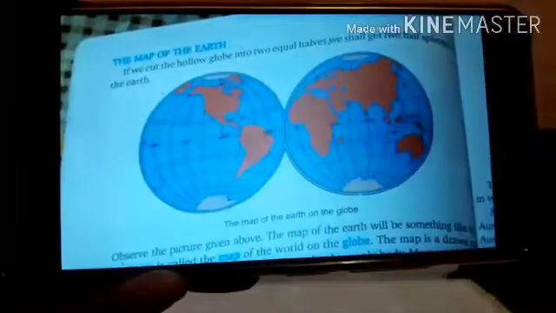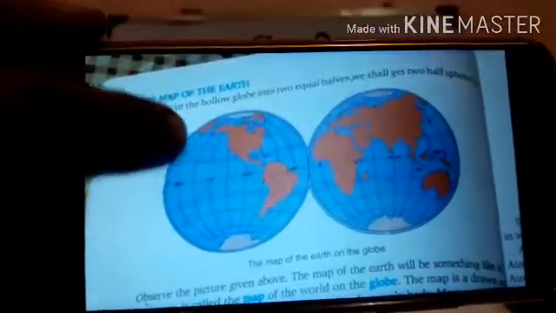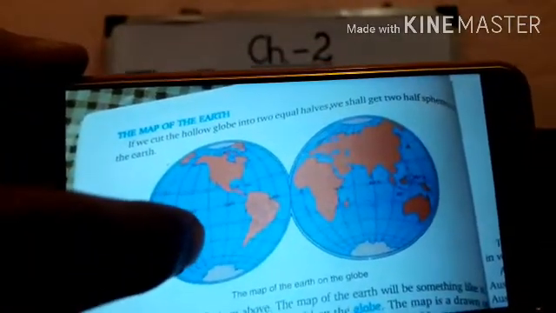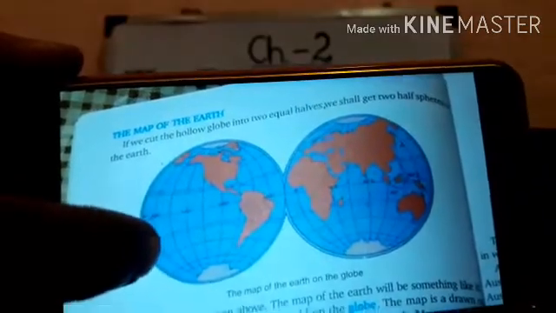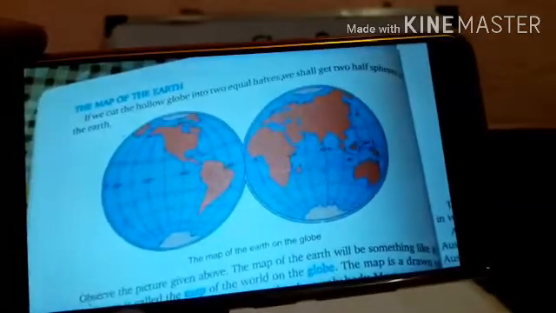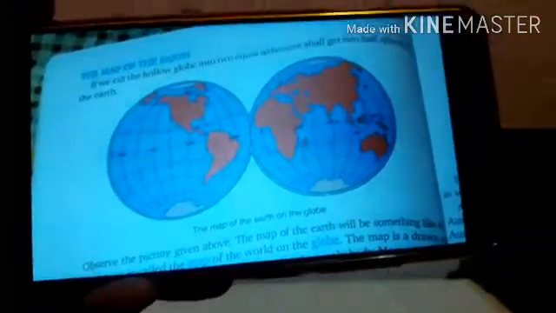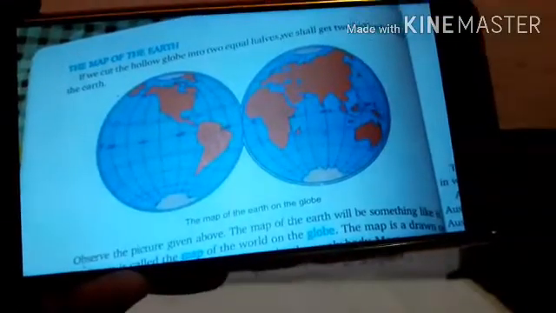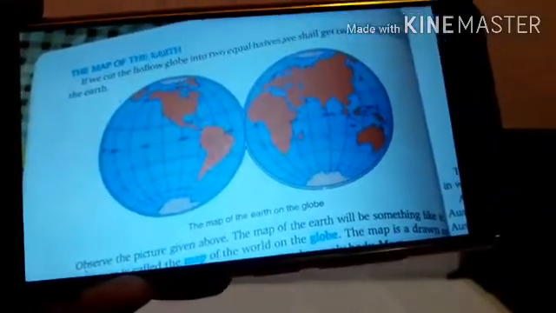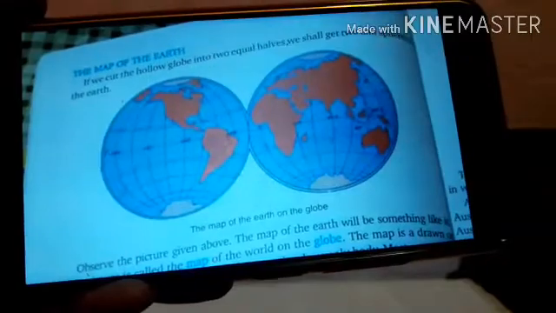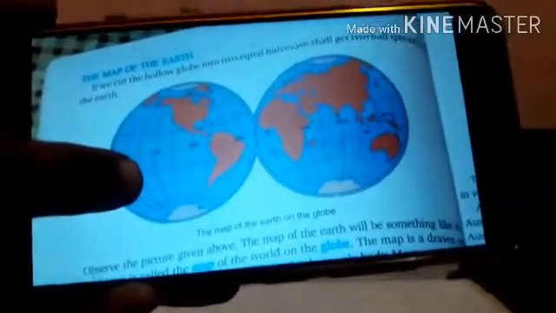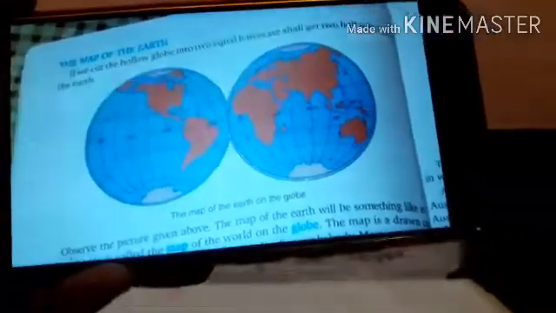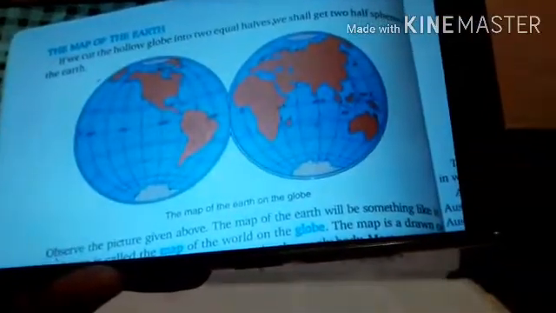You can see that if the earth is cut into two halves, it would look like this. Two half spheres. This is the first half sphere, this is the second half sphere of the earth.